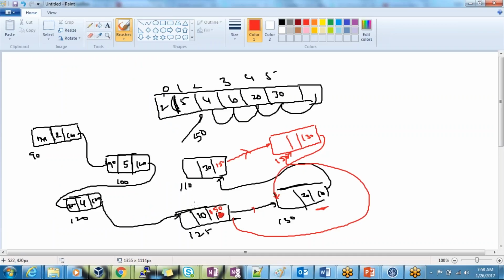Now I deleted 130, let's assume that. What will happen? 130 will be no more. This will be no more, and it will change the link here. Okay. This is the link, Ganesh, you were talking about. Yes, Ravi. This is the link which I